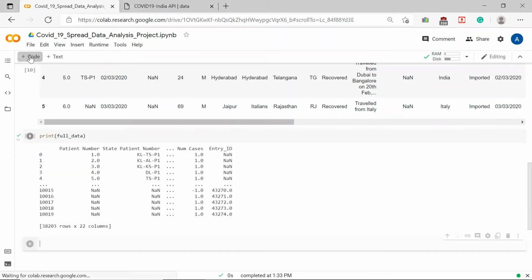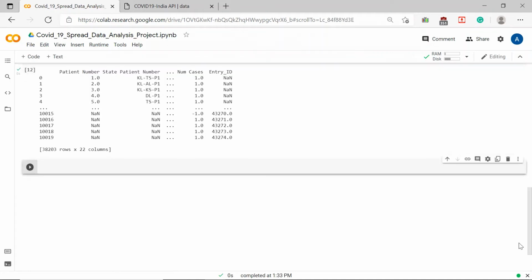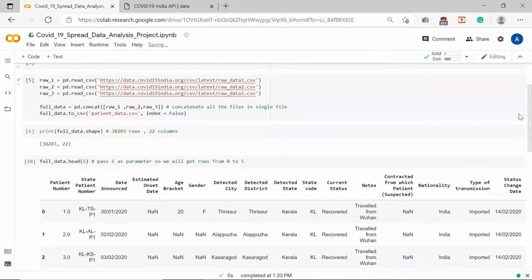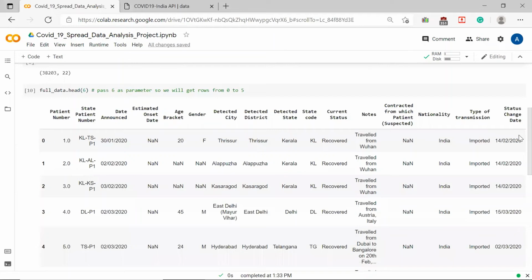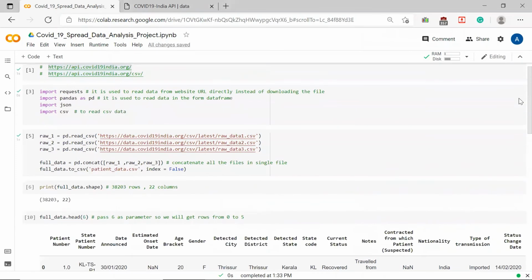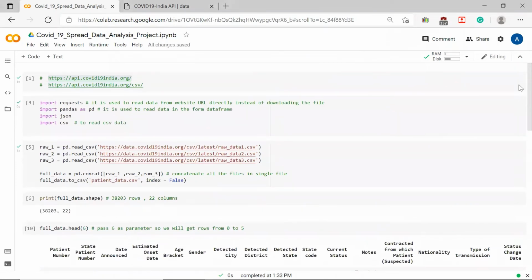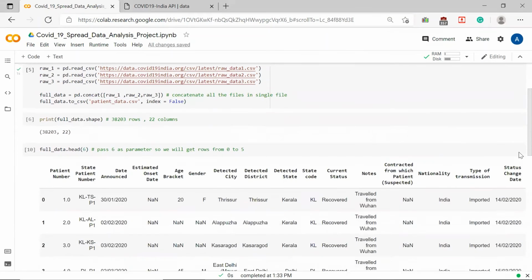Now we're going to do some more operations in this project. This project is basically to understand the data, to see the data. With the help of Python programming, you can perform the operation of concatenation, which is very difficult to do normally, right? So in this way, I've shown you how you can read different data, how you can concatenate it, how you can see the number of rows and columns, how you can analyze the data.